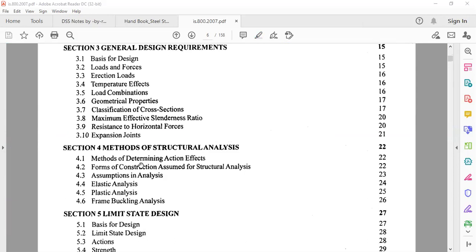Based on the sectional details, if it is channel or I section, we are going to assume the FCD value as 135 Newton per mm squared. If it is angle section, then between 70 to 90 Newton per mm squared, we are going to assume. So from that, we are to get the effective area requirement.